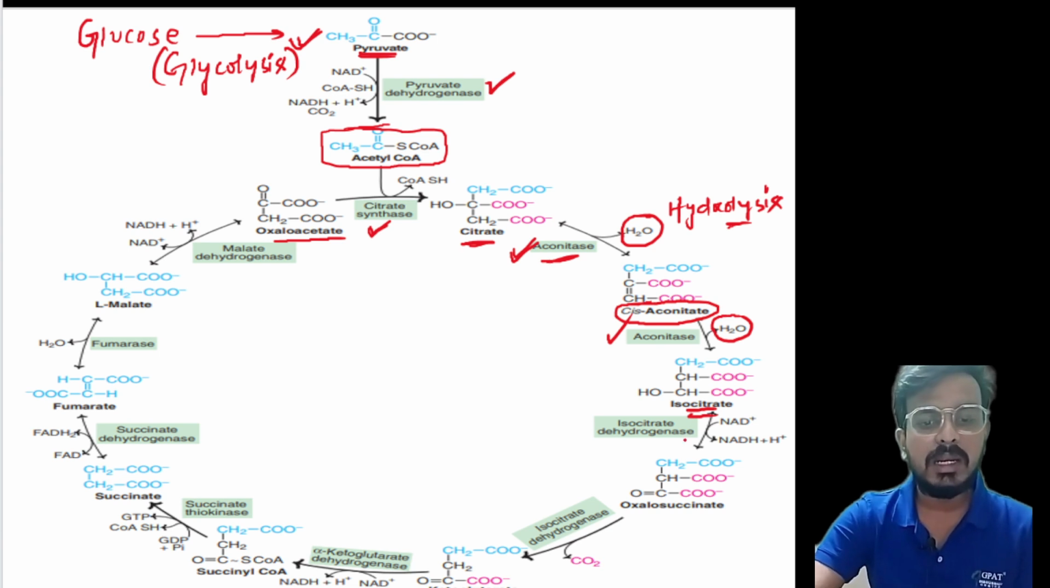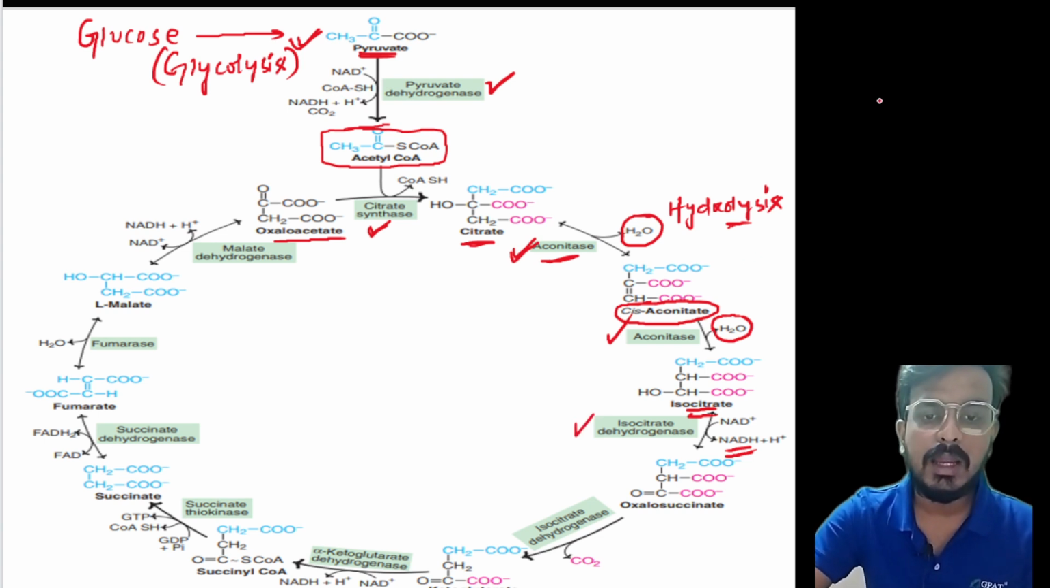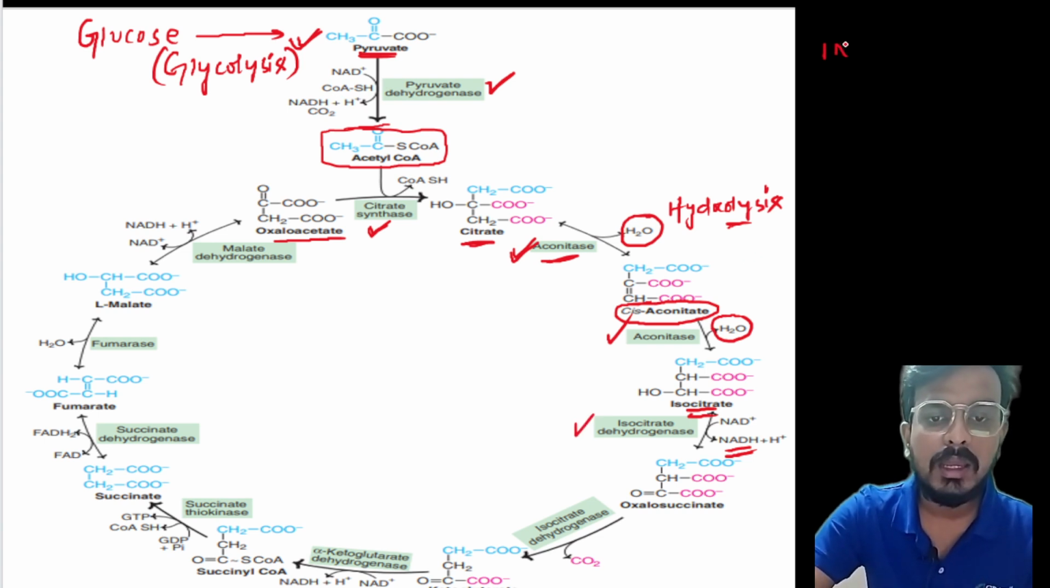Now, isocitrate is converted to oxalosuccinate. See, here your NADH is released. That means your energy production started in the presence of isocitrate. As I discussed, 1 NADH